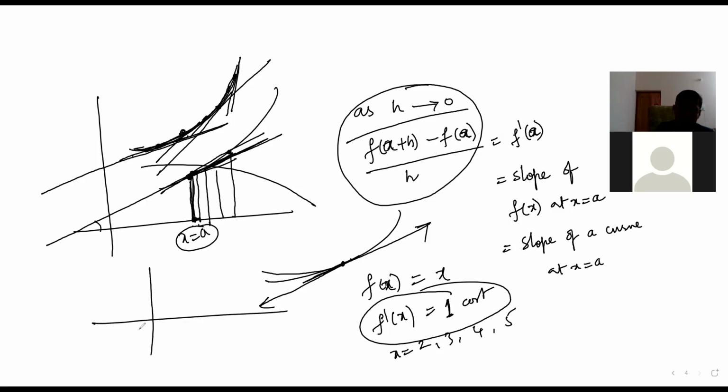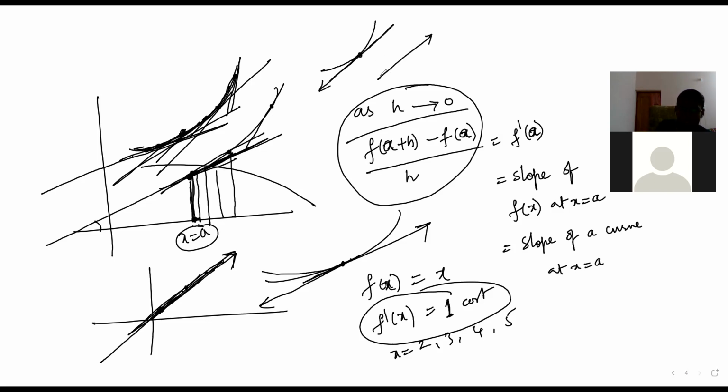Slope is not changing, so this curve is like this. Here also the slope is the same, here also the same. So this is like this. Slope means you have to draw the tangent here and here. The tangent of the line is the same thing. For this curve at this point, what is the tangent? The line itself is the tangent.